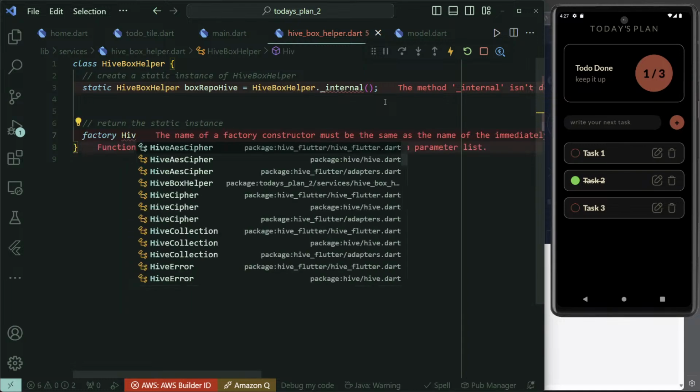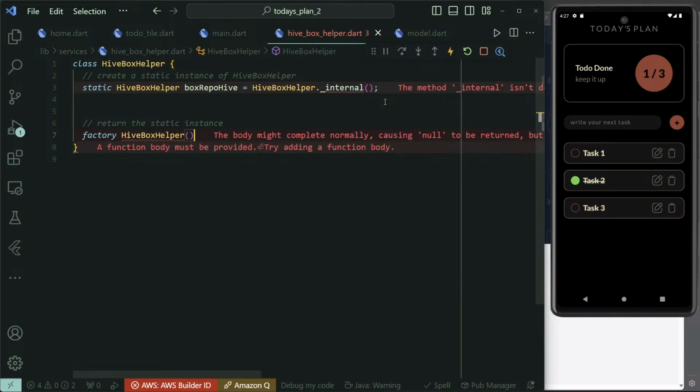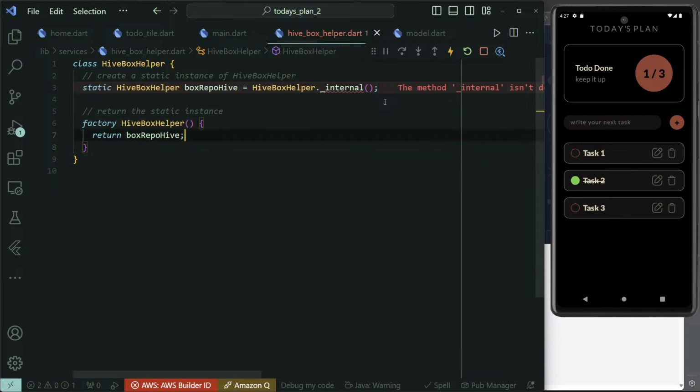Yeah, so Hive box helper, then return that box found, and I'll be able to return that. And then to prevent external instantiation,